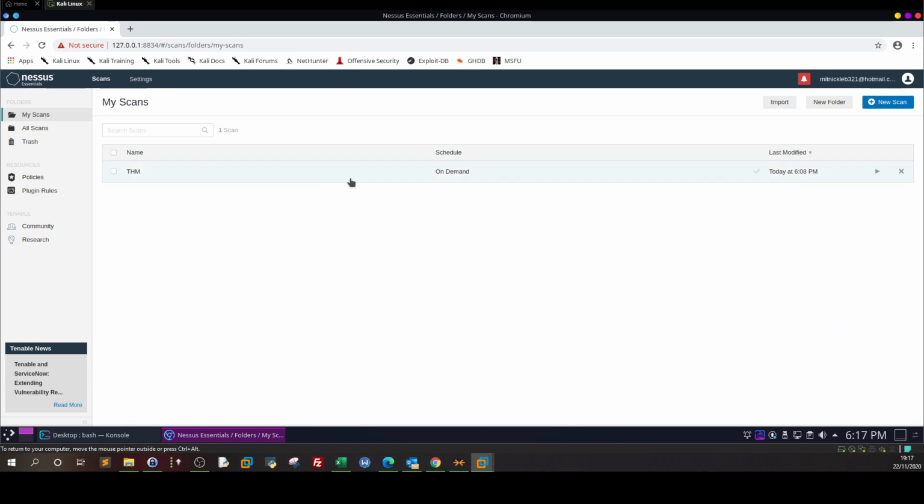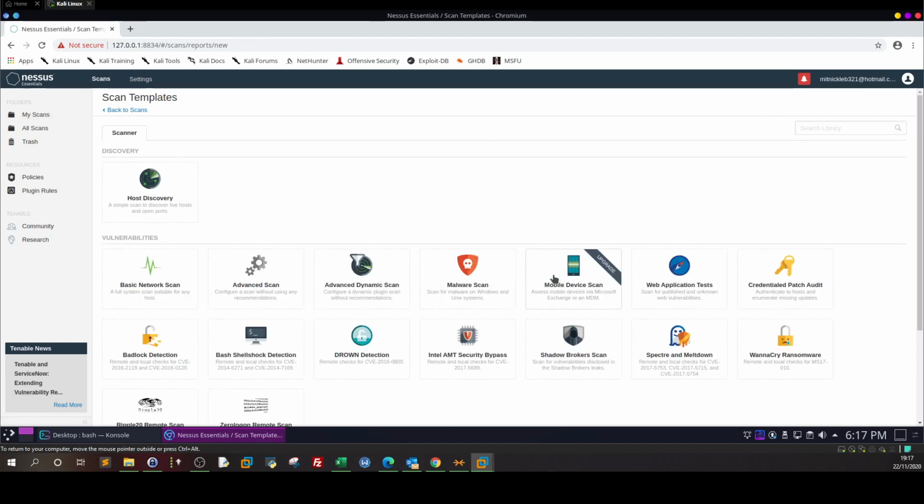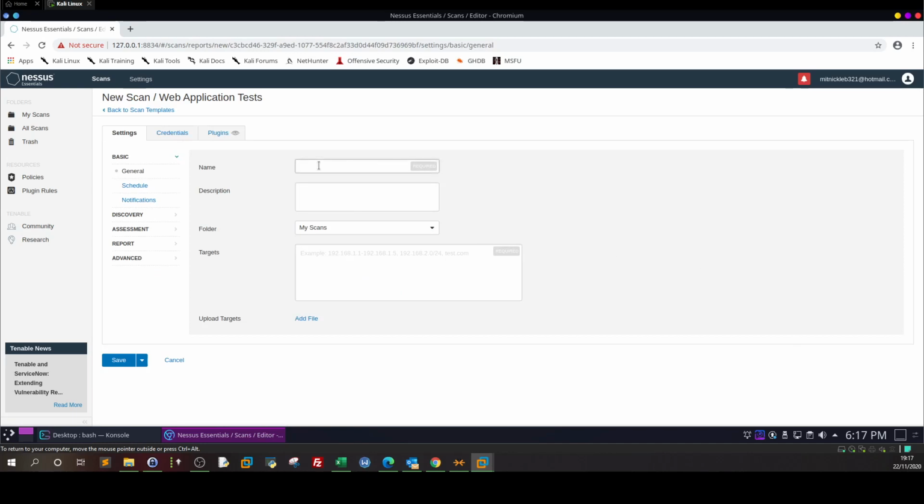Let's go back to my scans and create a new scan, and let's use the application tests. Right here, THM web app. Of course, the target name. Let me get the IP. So the IP. Right. Oh, not here. Okay. So next thing,